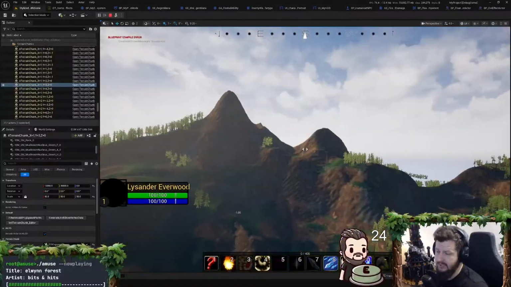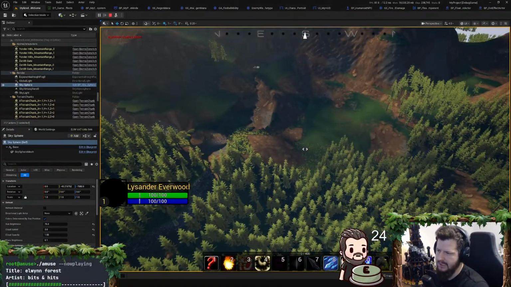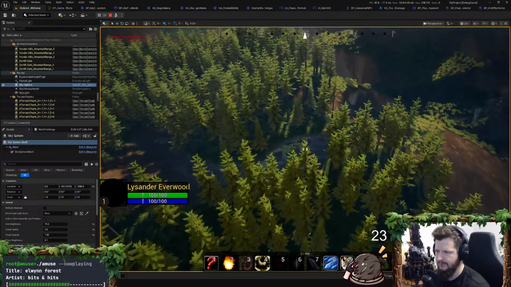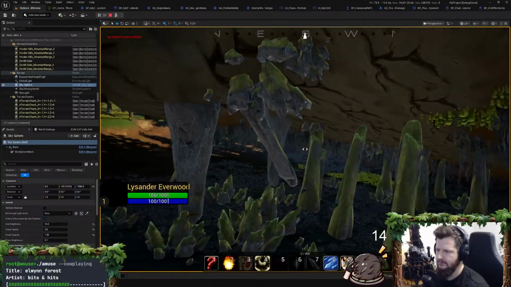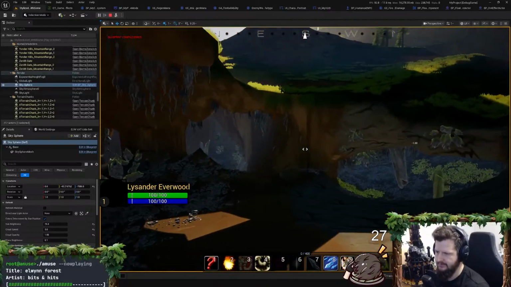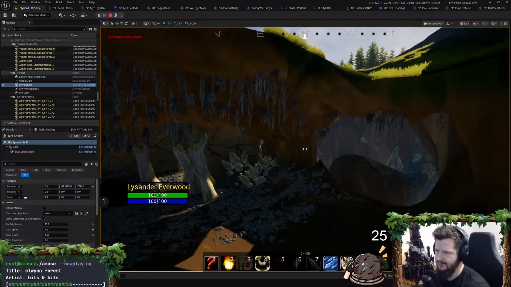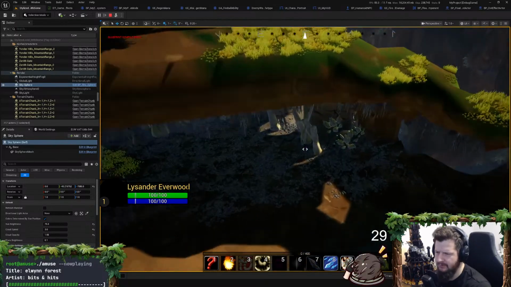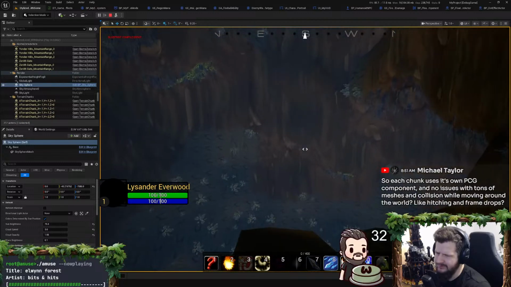So that's like a million times more simple than using the PCG biomes plugin. Which, you know, check that out. That might be a solution for you. It depends on what you're doing with it. It was very heavy-handed, and it was doing a lot of hierarchical stuff. There's a mode for PCG where it's like hierarchical partition runtime generation or something like that. I don't know. A lot of words. Too many words for me, so I was like, I don't want that.